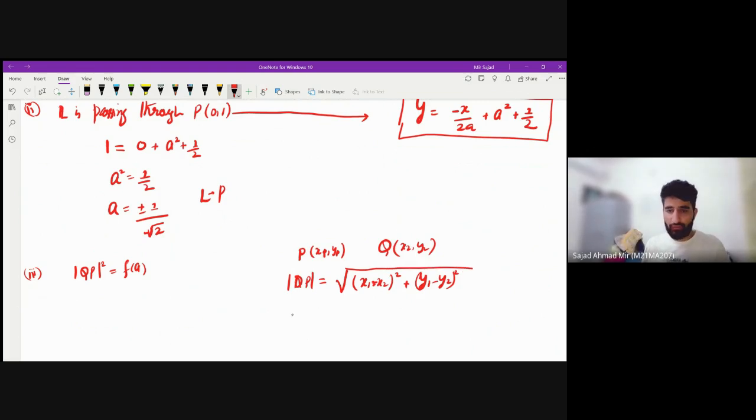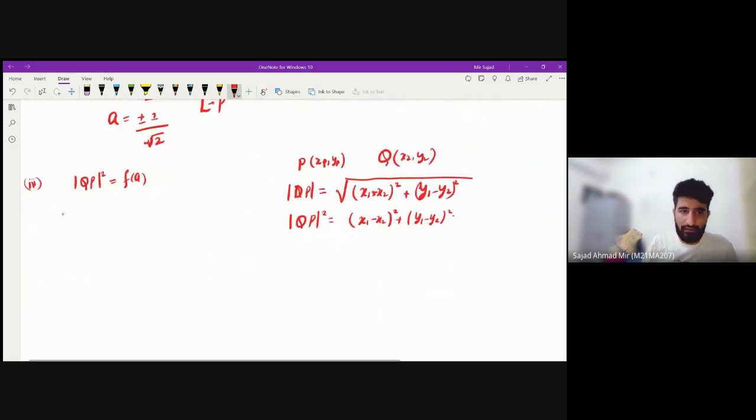So this is the form of the distance formula. Then QP square will be x1 minus x2 whole square plus y1 minus y2 whole square, where here the coordinates of Q are a comma a square and coordinates of P are 0 comma 1. With these values we get